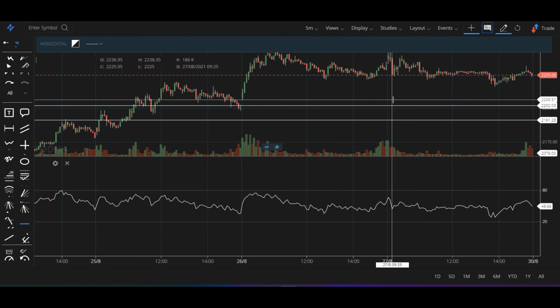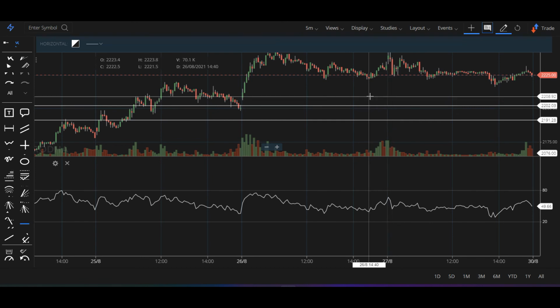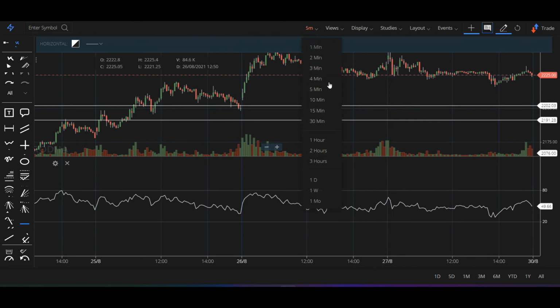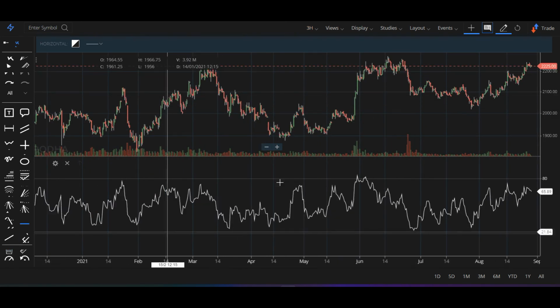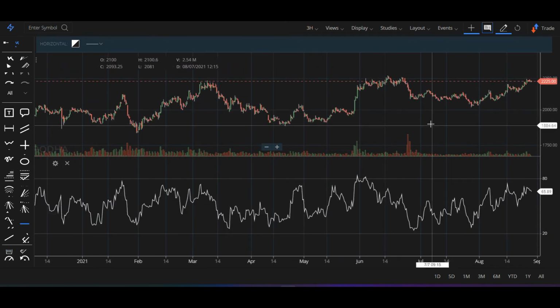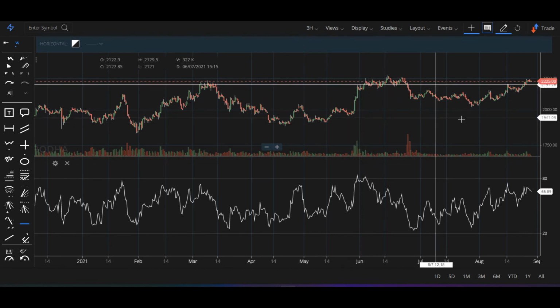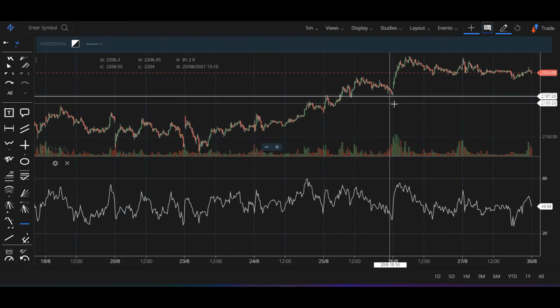Okay, this one you can use on daily charts and other things also, generally 4-hour charts or 3-hour charts, which will give you a decent view for your swing trades and other things, right? So those things you can check out, you can work out on those levels, and let me know if it works for you on an intraday basis.